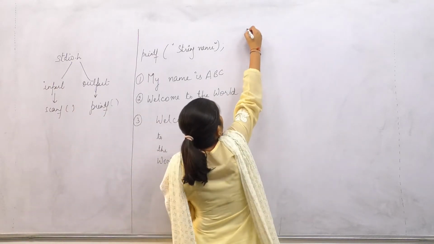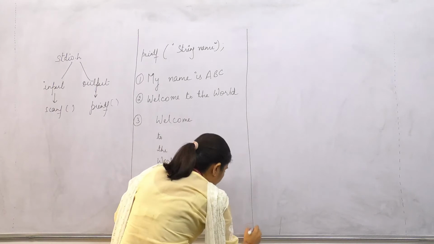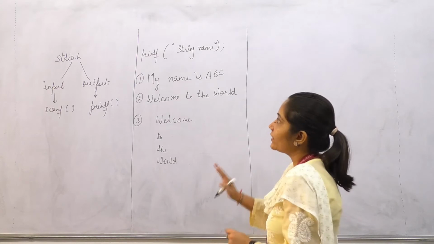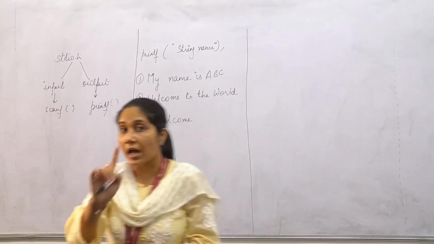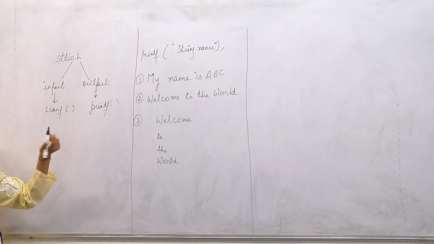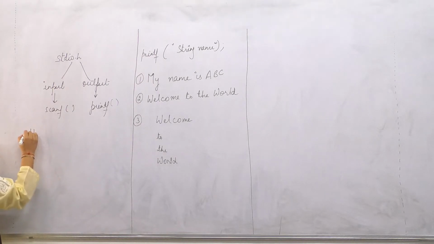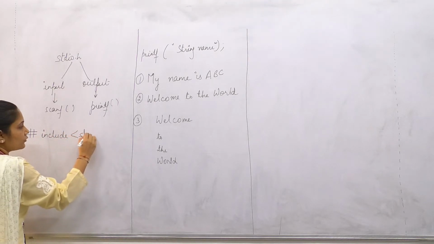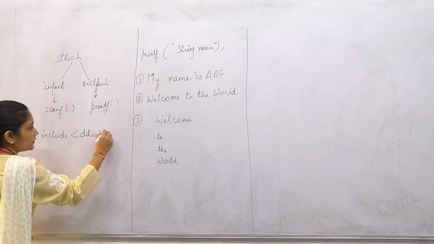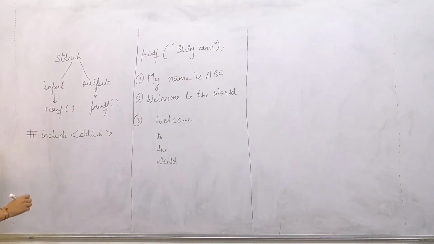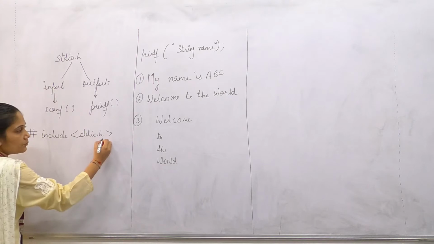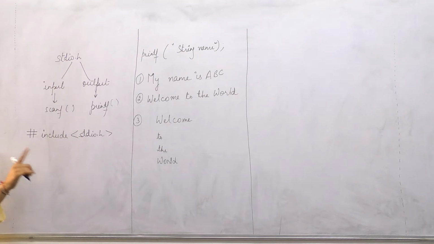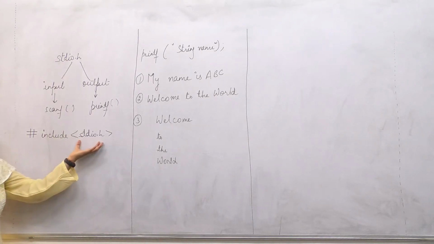Now see how you are going to write this. I am going to write a program for you. Remember what I told you in the earlier lecture: we have to include the header file, hash include stdio.h. Because you want to use printf, you have to include this header file so that the predefined functionality of printf, the standard output, is included by default.